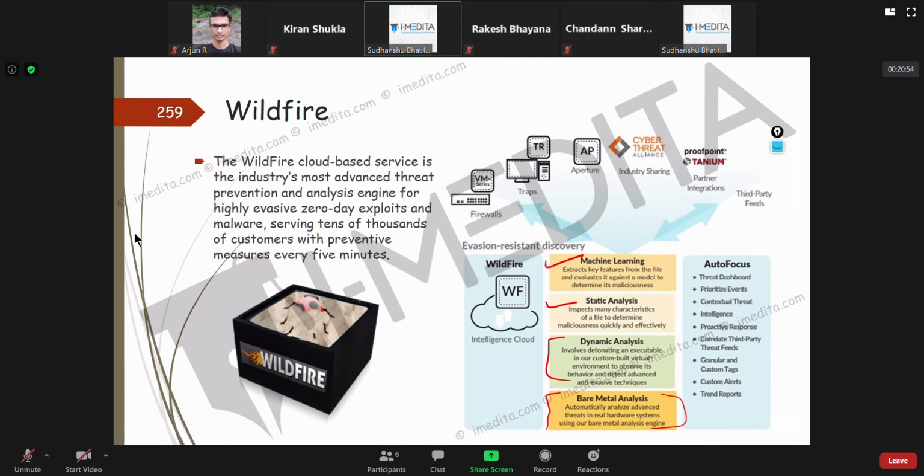Since they understand that a lot of sandboxing environments are virtual machines, the first thing that malware does, even before doing anything malicious, is check whether it is a virtual machine or hardware. If it has been programmed by a very good attacker, it might realize that this is not a bare metal machine. Bare metal means hardware running the operating system directly.